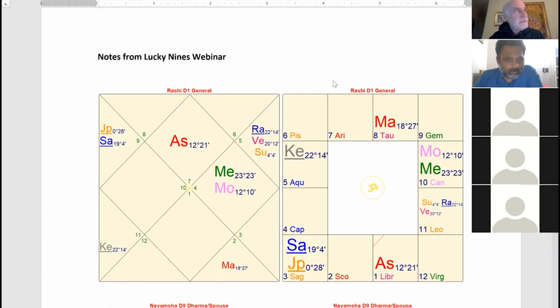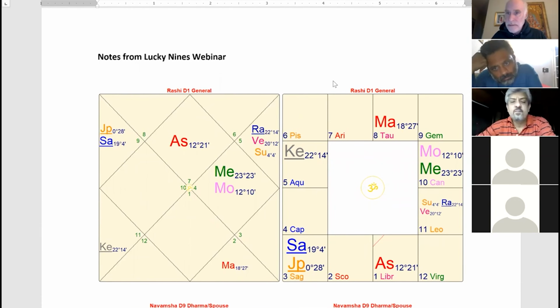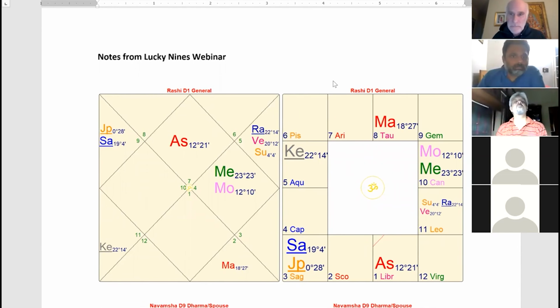Now you notice, before you take a question, hold on, notice that I was looking at what sign in Navamsha the Pushkar planet falls, and then what sign is that covering as a house in the birth chart. Keep this idea in mind. Remember this from the article? All right, someone else had a question or a comment?